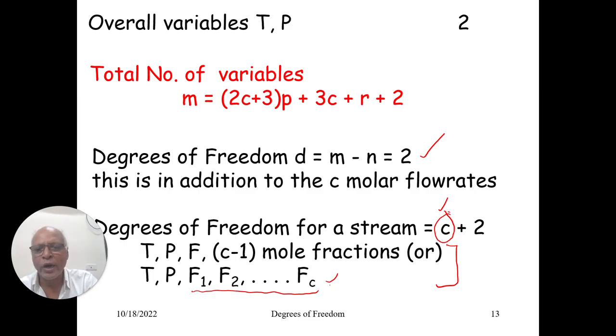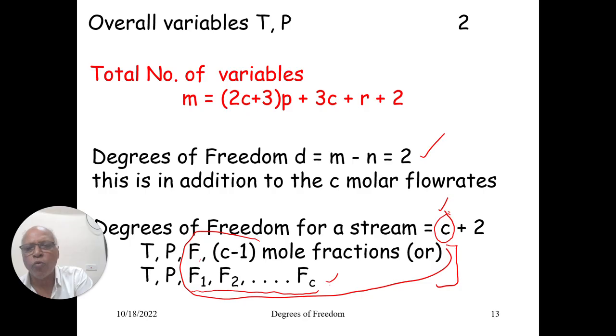So how are you going to get F1 given this information? F multiplied by the mole fraction of component 1. For example, if F is molar flow rate, then you will be able to know the molar flow rate of component 1. So in other words, both are one and the same. So this is the only option you have in any process simulator in order to address these C variables.